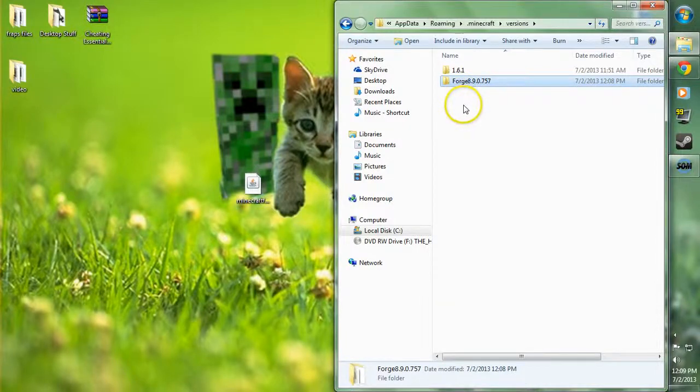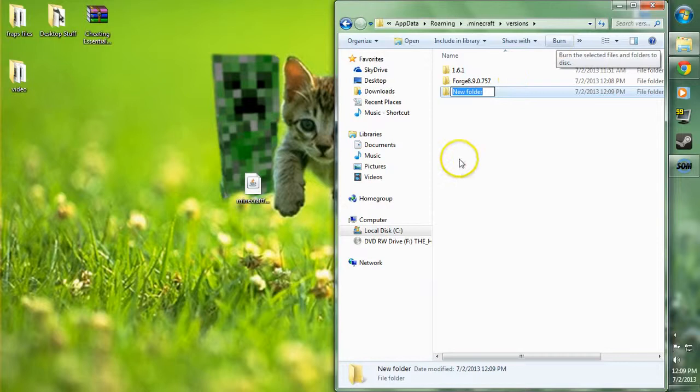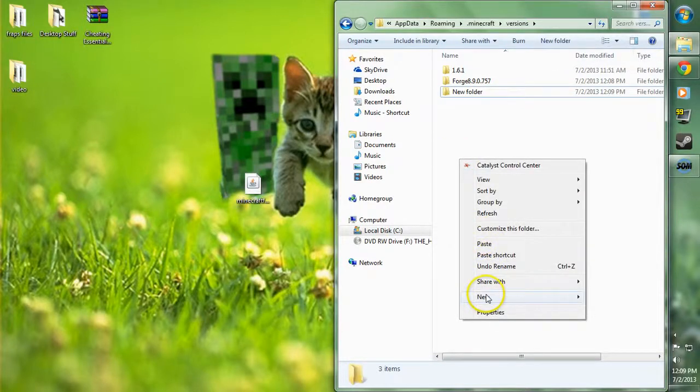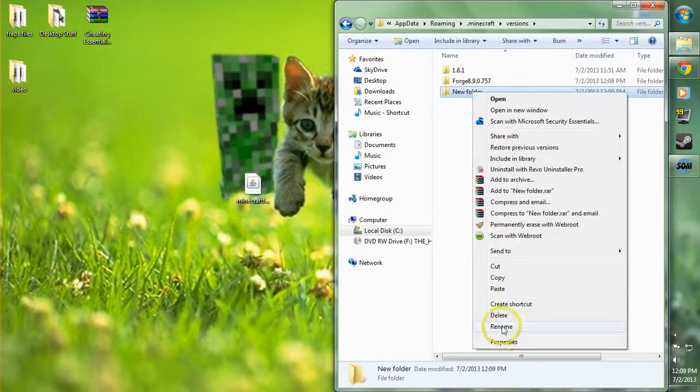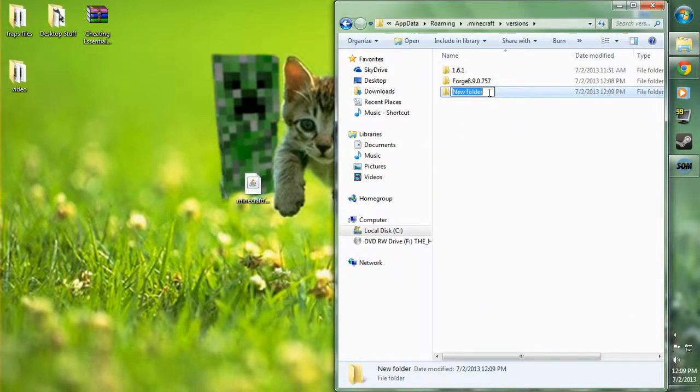Alright, you're going to want to create another folder after this, so create a new folder. Click the new folder tab up here, or you can right click, go to new, and go to folder if you don't have that option up here. Alright, and then rename the folder whatever you want. I'd recommend naming it sort of after the mod you're going to install, because Forge is a requirement for certain